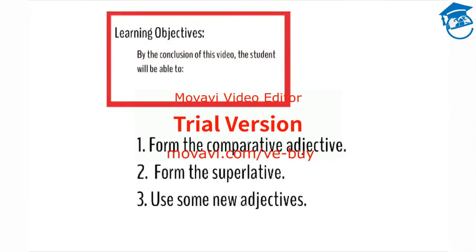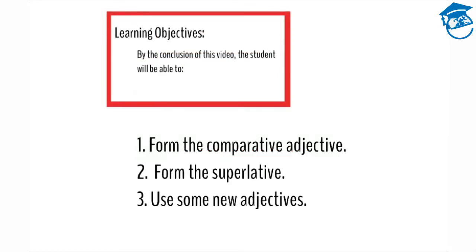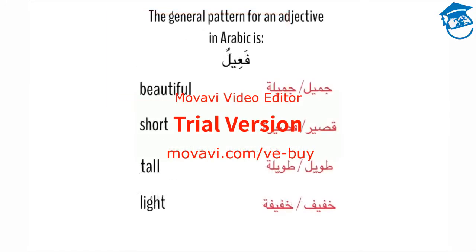Learning objectives. By the conclusion of this video, the student will be able to: 1. Form the comparative adjective, 2. Form the superlative, and 3. Use some new adjectives. The general pattern for an adjective in Arabic is fa'ilun, with fa, ain, and lam representing